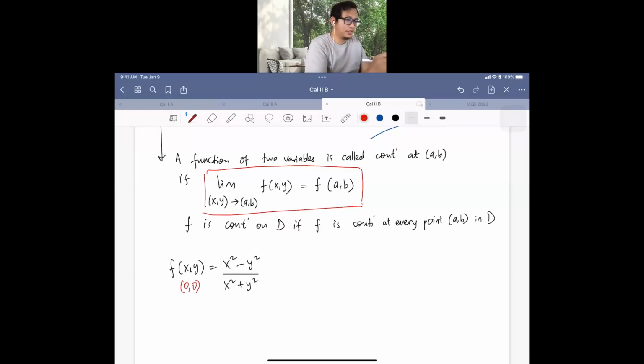The function f(x, y) is discontinuous at 0, 0 because it is not defined. So the domain